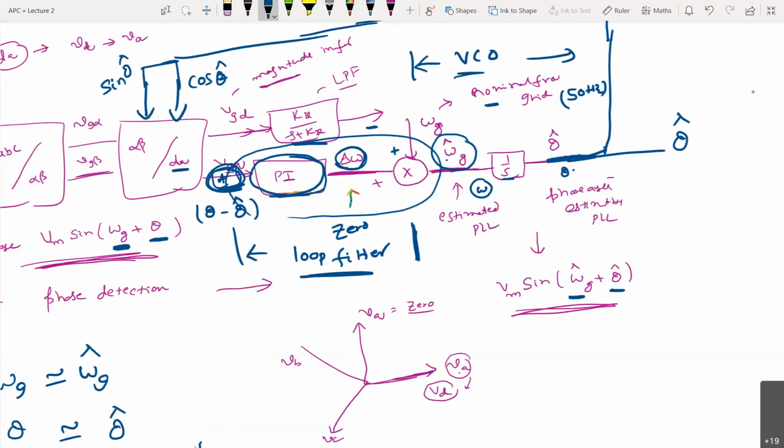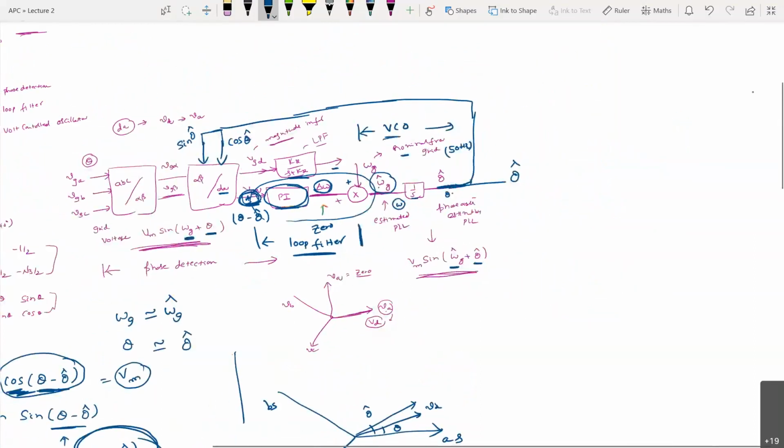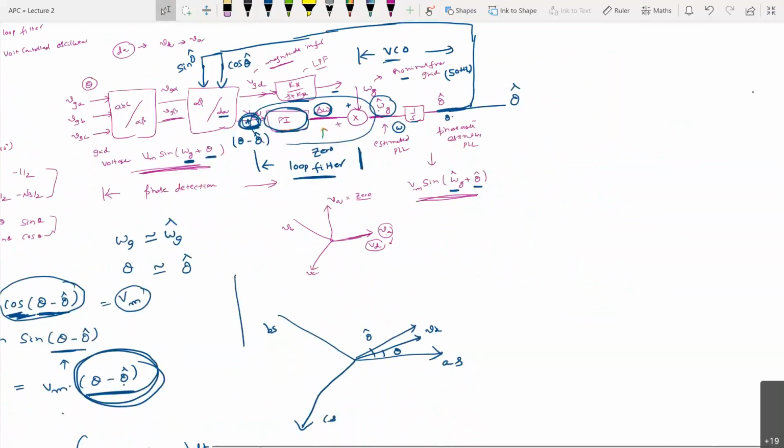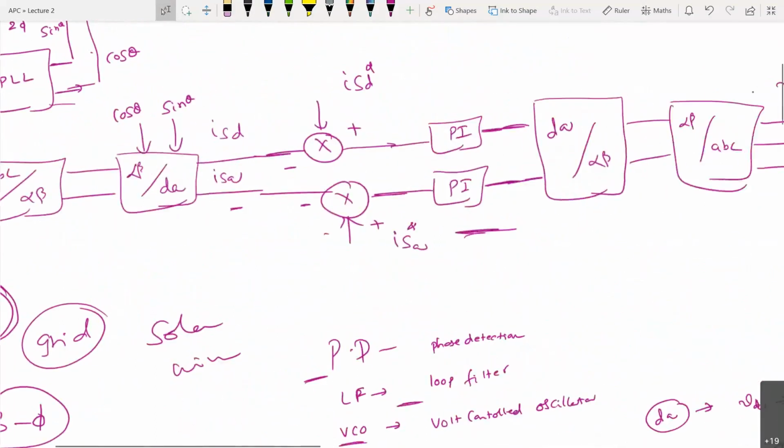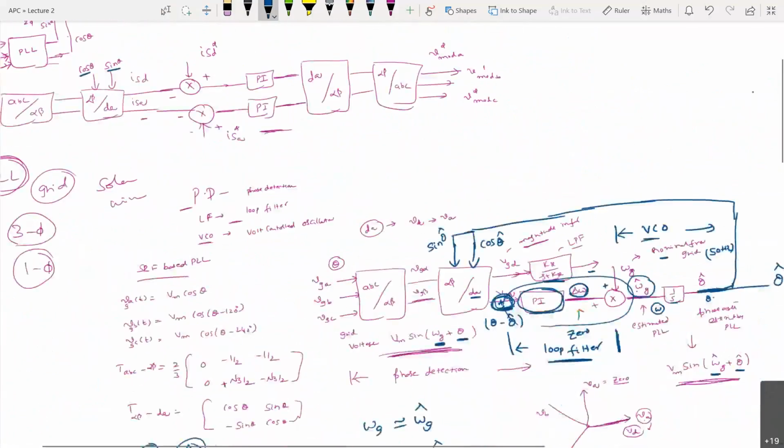So this is about the basics of this three-phase based PLL. Okay, so if you have any doubts, any questions? So we have written after that, once this theta is obtained, we can generate the sine theta term and we can generate this cos theta term. So those are the inputs, right? Here we have generated this cos theta and sine theta, so these are the inputs. Yeah, any doubts?